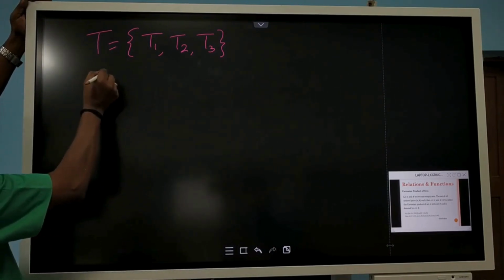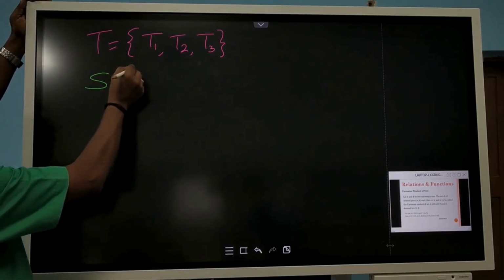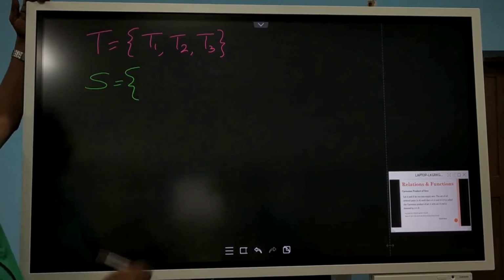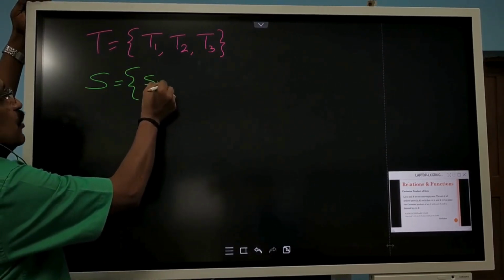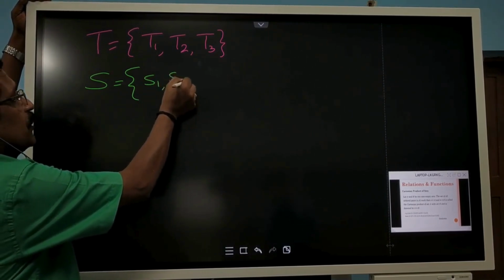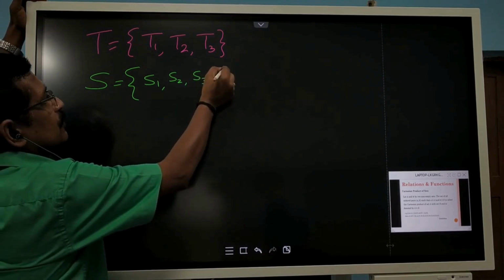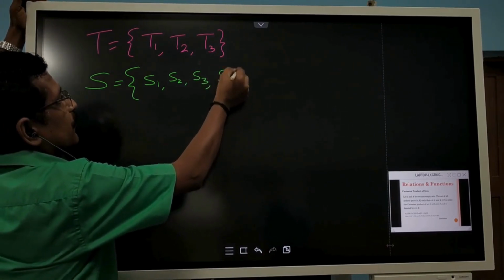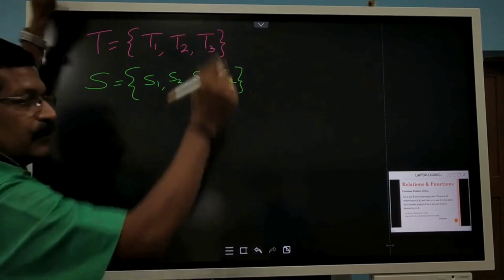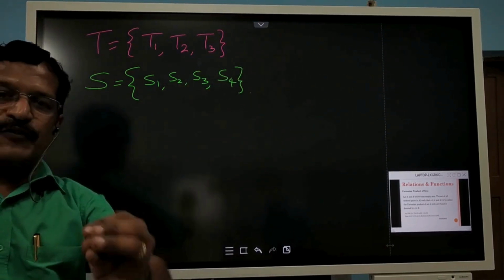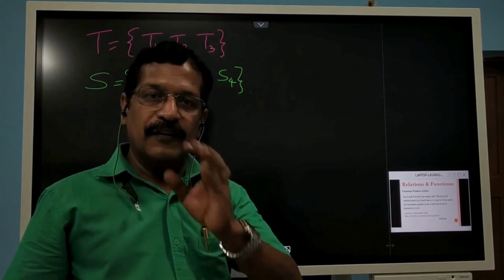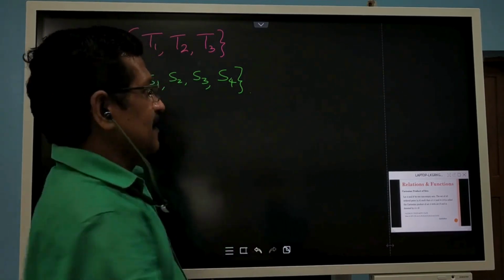I am taking the student set S is equal to {student 1, student 2, student 3, student 4}. And some other information is also available. The information is